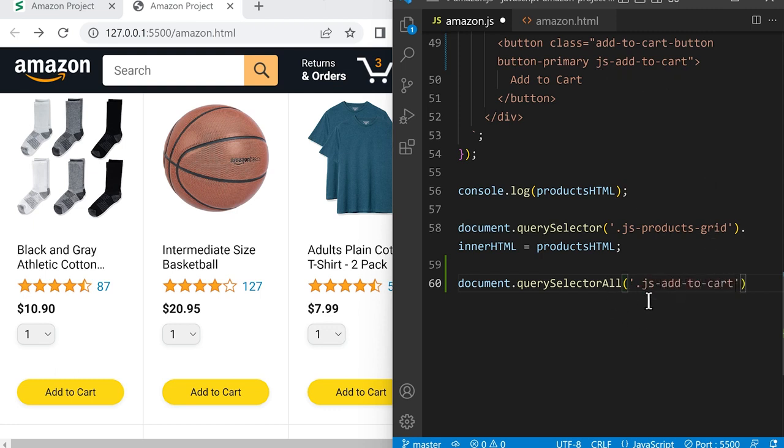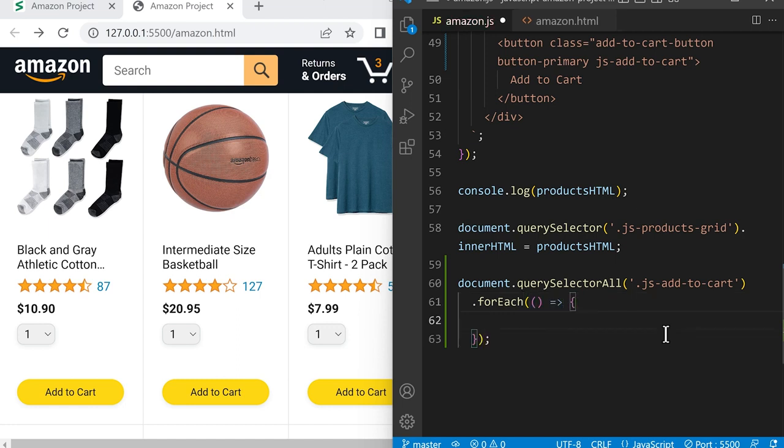So this will give us a list of all the add to cart buttons on the page. And then we can loop through each of the buttons. So we can type dot forEach, brackets, and then in here we'll give it a function, bracket, arrow, and